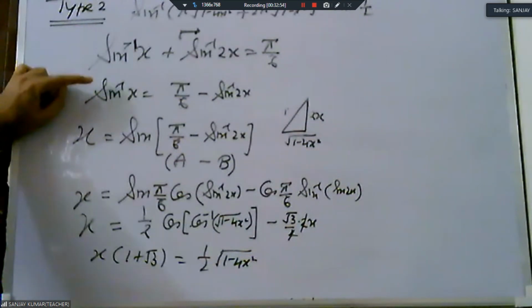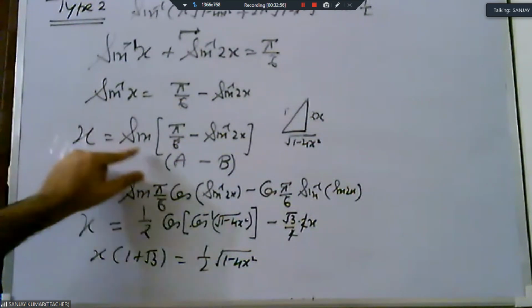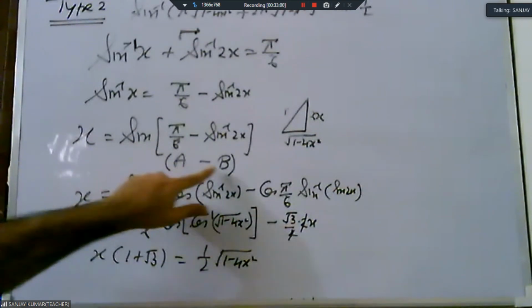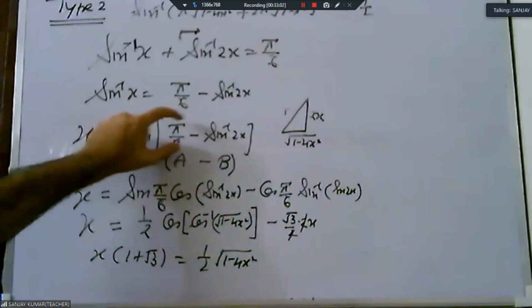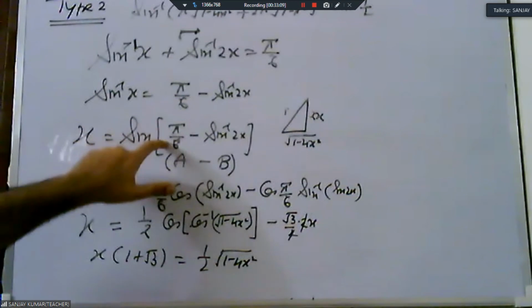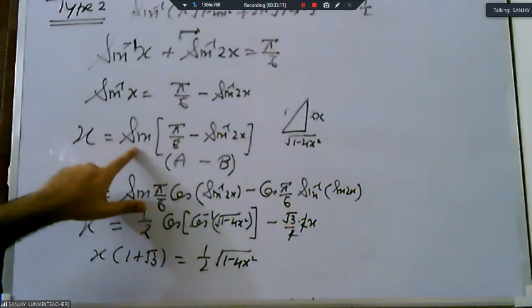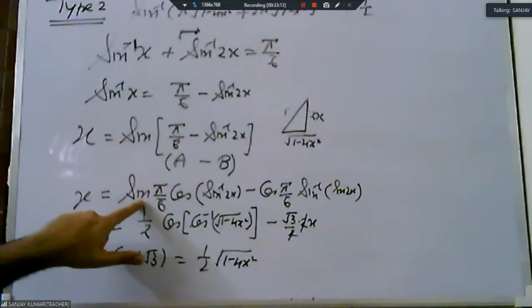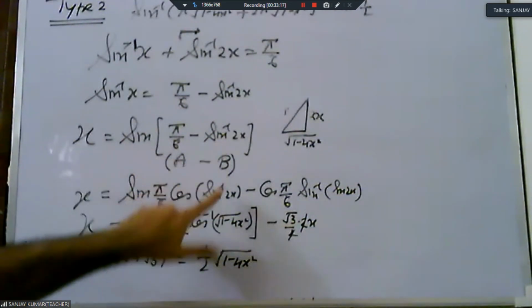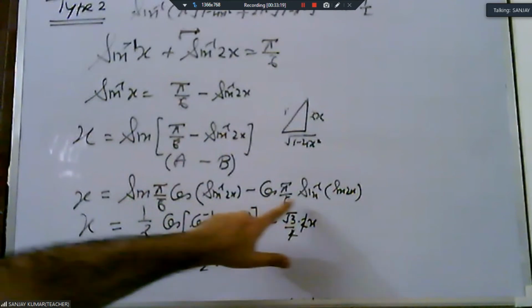Now the one sin inverse we again put on the side. Then we apply the formula sin(A minus B). We consider this one is A and this one is B. Look, this is not in NCERT, but this kind of question has come in the board exam. Okay, this one question, this is the same. Now we apply sin(A minus B), that is sin A cos B. Look, this is sin A cos B. B is this one, so cos B minus cos A sin B.